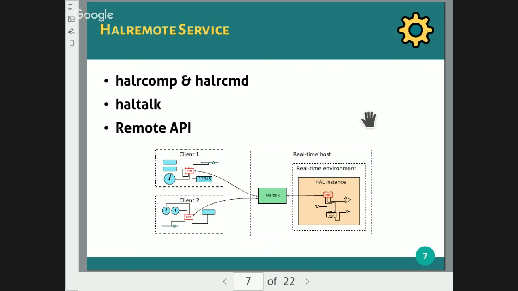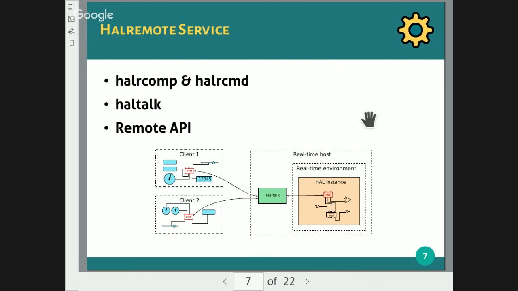It is used in combination with the HALRCOMMAND service, where you can say bind to this HALREMOTE component, and then you will get a full update over the HALRCOMP service. In case something changes, you get incremental updates. This is a very important design detail compared to the previous local HAL implementations, where you have to poll all the time for pin changes and so on. Thanks to the publish-subscribe pattern, you will get notified when a pin changes.